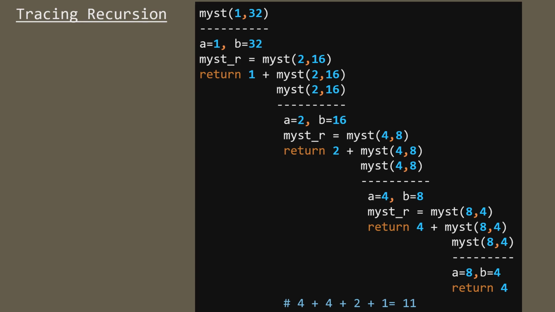That is, it will return the value of b. Okay, and that is your base case and it will come out. That's all. So if you just go on adding, finally it will return 4. Earlier it has returned again 4. Before that it has returned 2, then 1. So all these values will get added and it will give you 4 plus 4 plus 2 plus 1, that is 11.